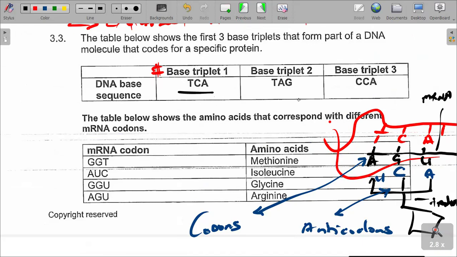We need to identify the amino acids that should be coded, and we identify them from the table here. So using the provided table, we are saying AGU, and